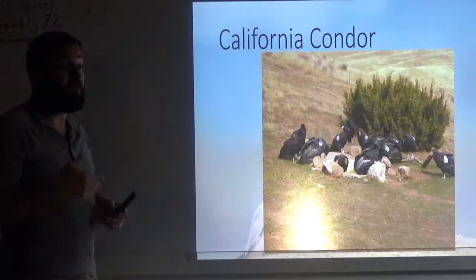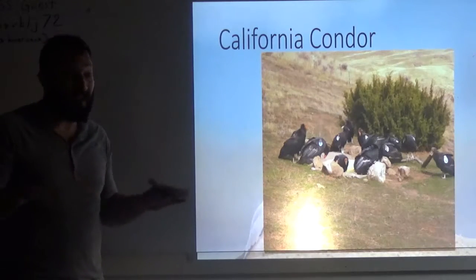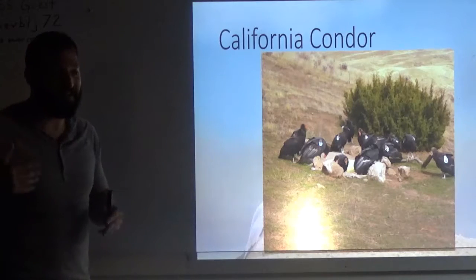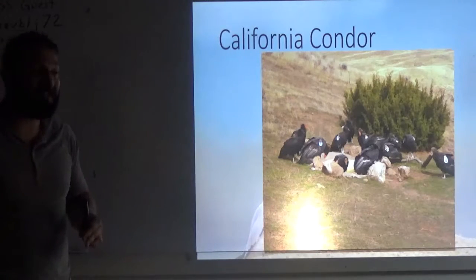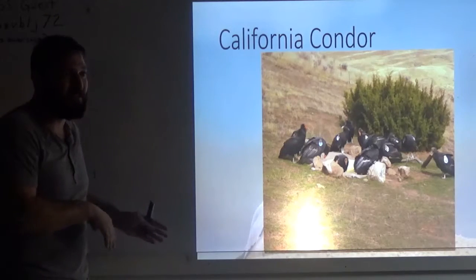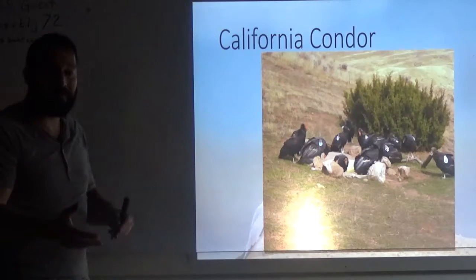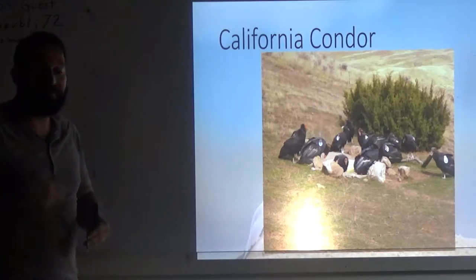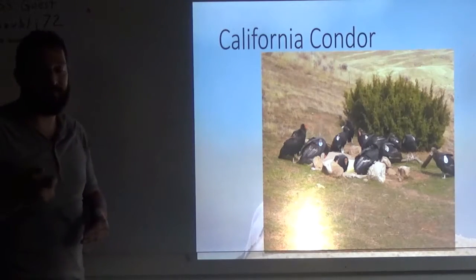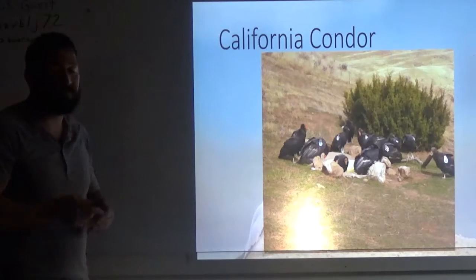So we go to local farms and we take stillborn calves who don't have any antibiotics or whatnot, because if you take, especially on bigger farms, just dead cows, they're going to be full of antibiotics and all that other stuff, and that's terrible for the birds. So just the stillborn calves are the only ones that we take. We do supplemental feeding with those, and also we do yearly checkups where we check for lead levels, and we track each individual one with GPS markers